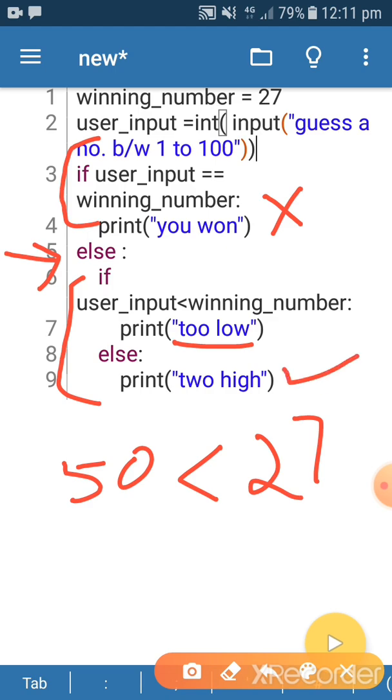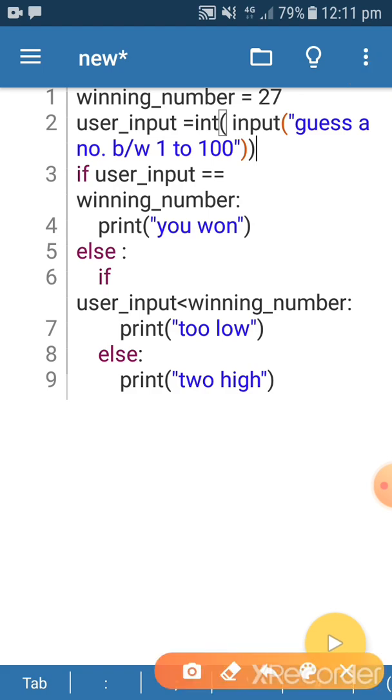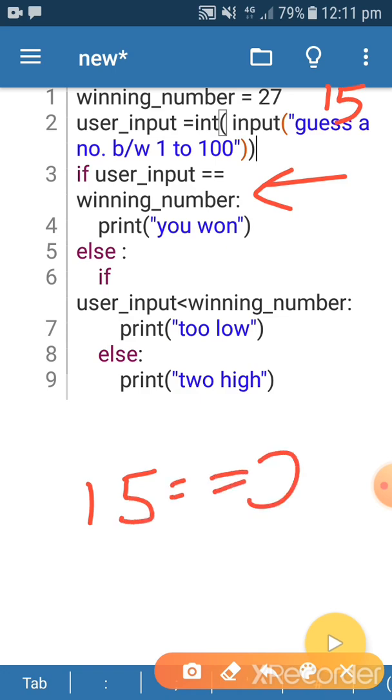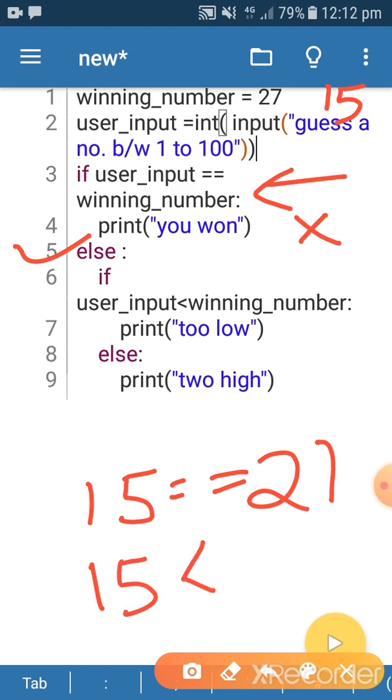Now by chance if I enter 15 as the user input, first this condition will check 15 equal to 27. This condition is false, so the you won message will not print. Again it jumps to the else portion. User input 15 is smaller than the winning number 27, so this condition is true and the too low message will print.